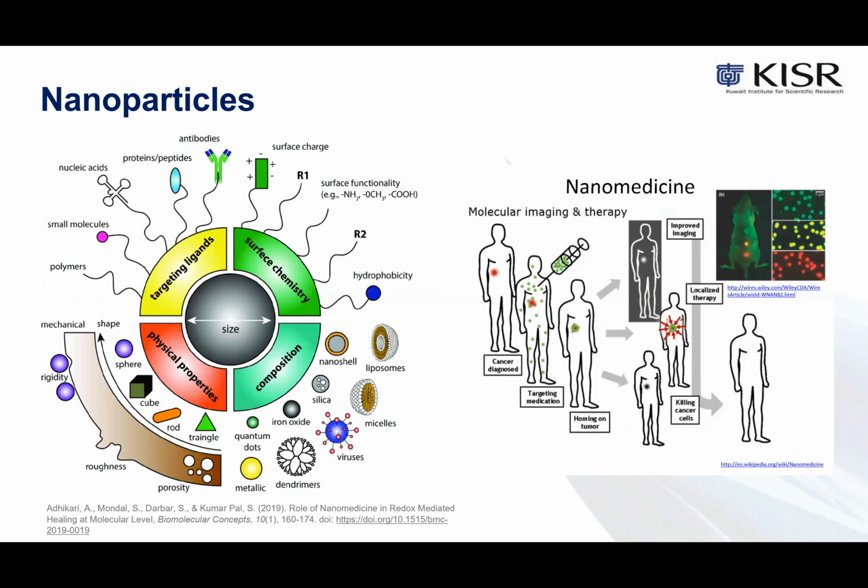So the first one here, we have the nanoparticle, which is an ultra-fine unit with a dimension measured in nanometers. As we see here in the figure, there are different sizes, shapes, and properties of nanoparticles. Because of their size, they have unique material characteristics and can be used in a variety of areas, including medicine, engineering, catalysis, and environmental remediation. So the nanoparticle can be customized for intracellular application.